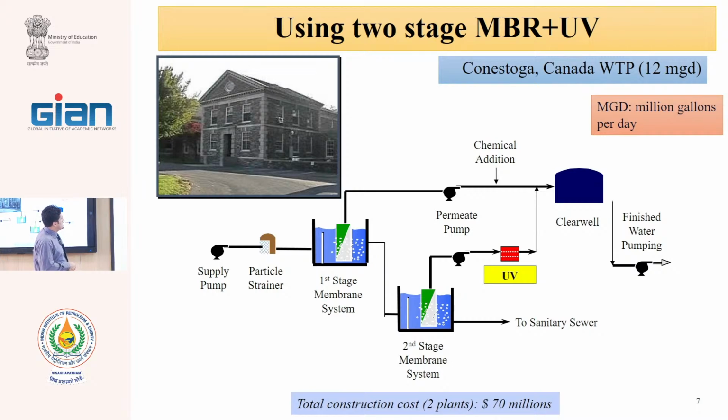Another system that, as I say, uses UV after MBR. UV for complete removal is fabricated in Canada with a capacity of 12 MGD, million gallons per day. A big one, relatively, and it has two steps of the